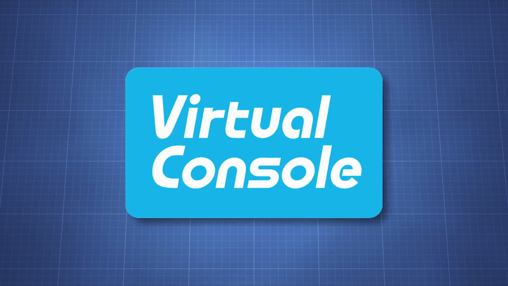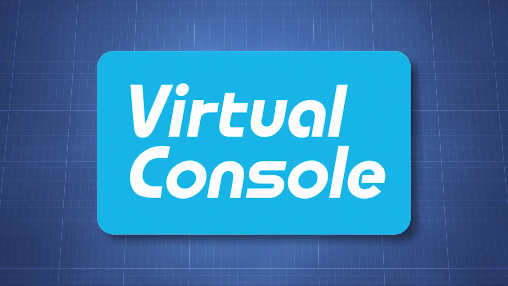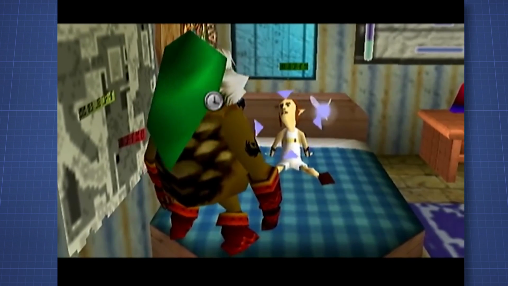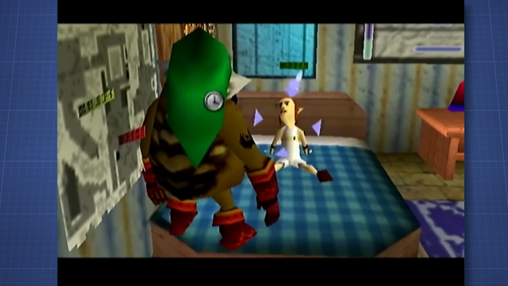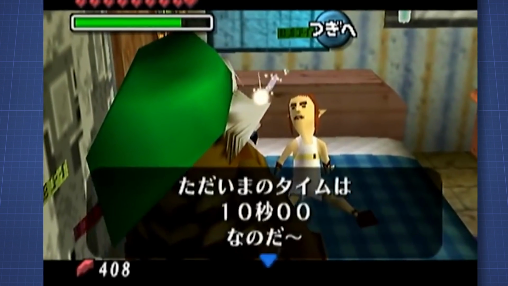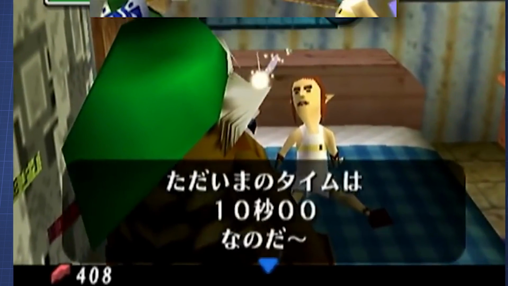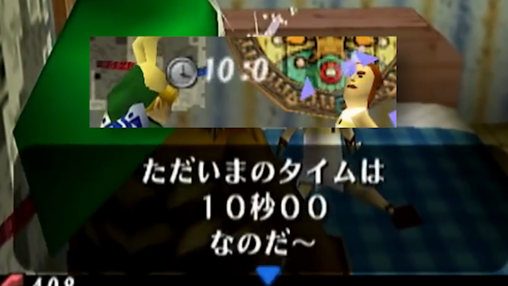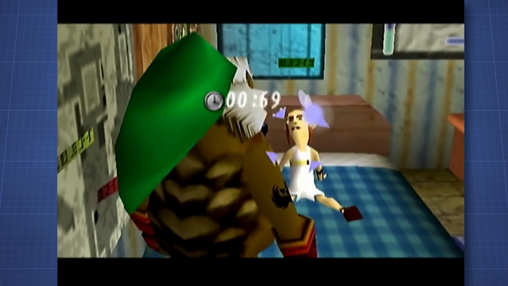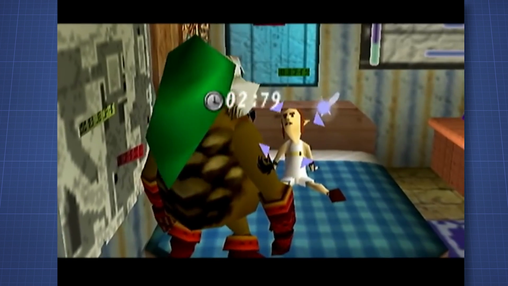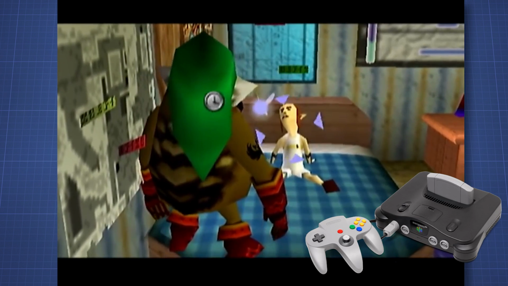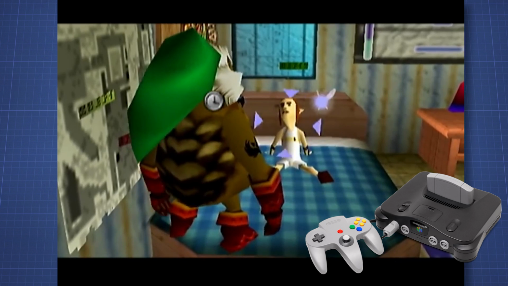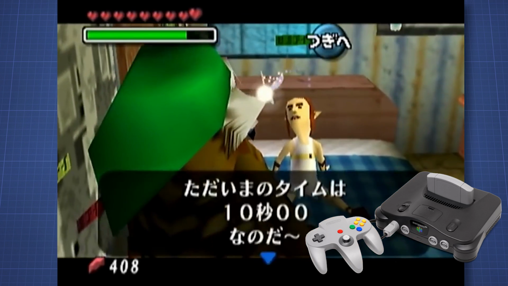However, Virtual Console doesn't only have upsides for speedrunning. Let's use Majora's Mask for example. In the Japanese version of Majora's Mask, you had to stop the postman's timer at 10.00 seconds, rather than 10.0 seconds, as it was in the American and the European release. The timer the game uses here is based on the clock speed the N64 CPU runs at. The game will count a certain amount of CPU cycles of the console it's running on in order to determine whether the player really hit